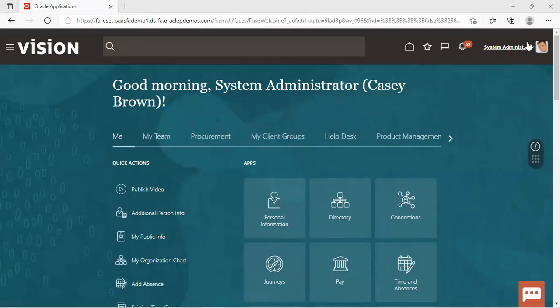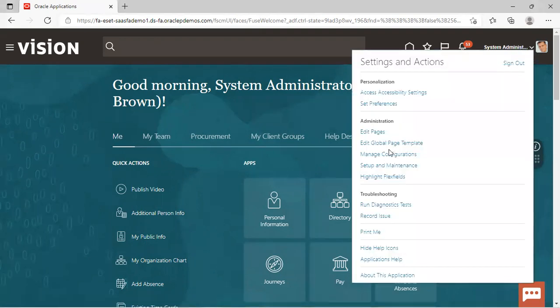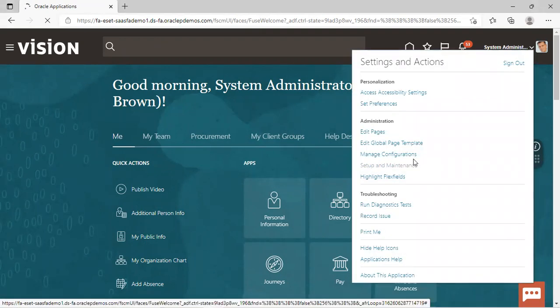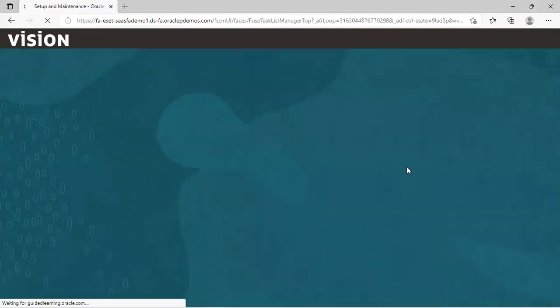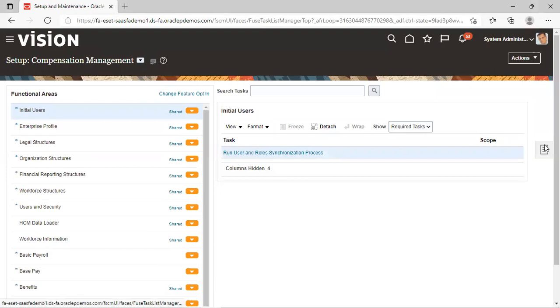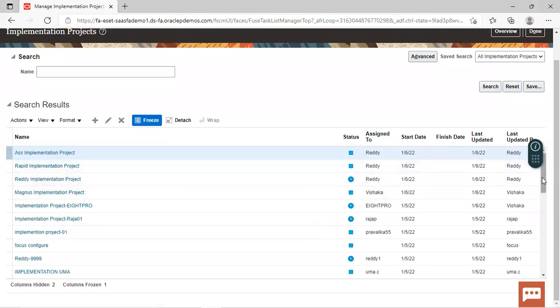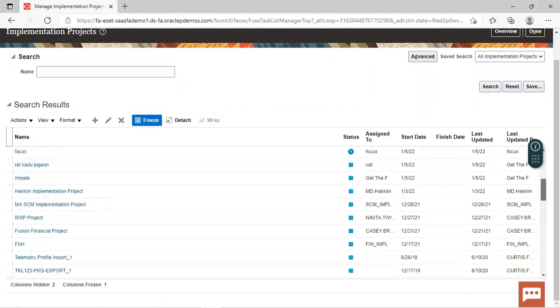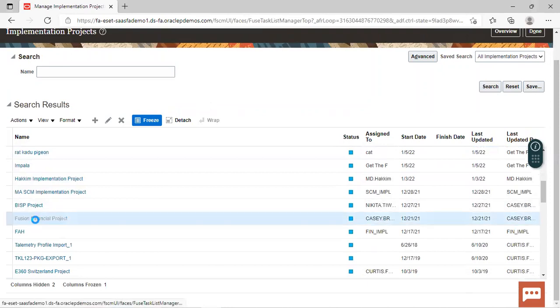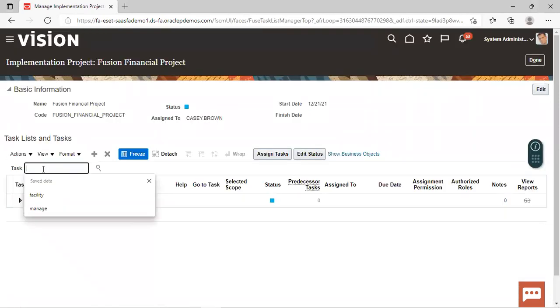So this is our instance. From here, we go to Setup and Maintenance. From there, from the task list, we'll select Manage Implementation Project, and we'll search for our project over here, which was Fusion Financial Project. Here we will search for the task Manage Chart of Accounts Structure Instance.